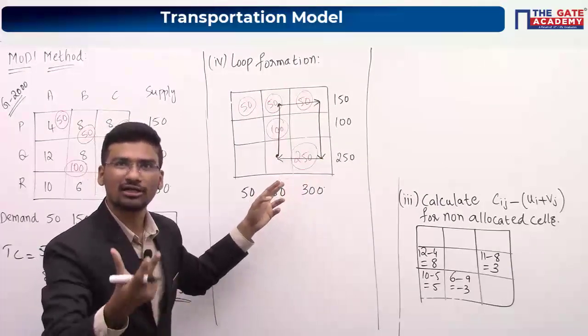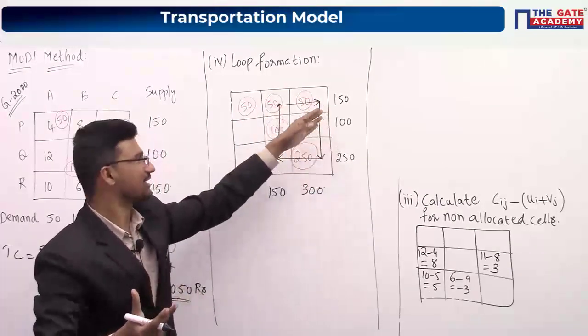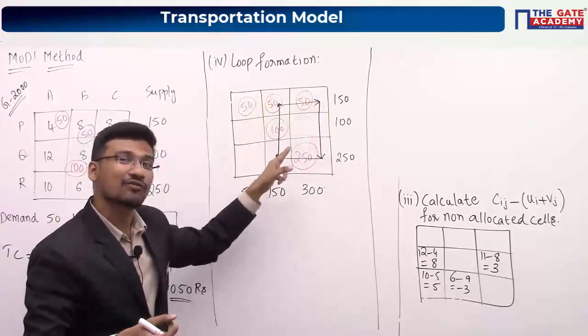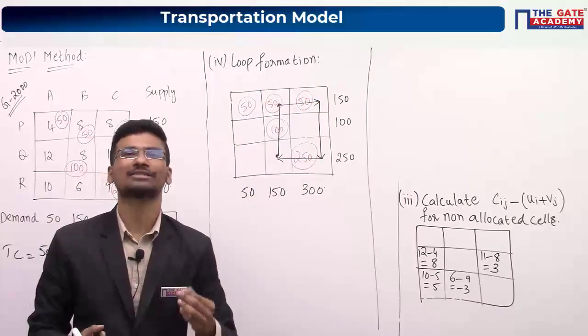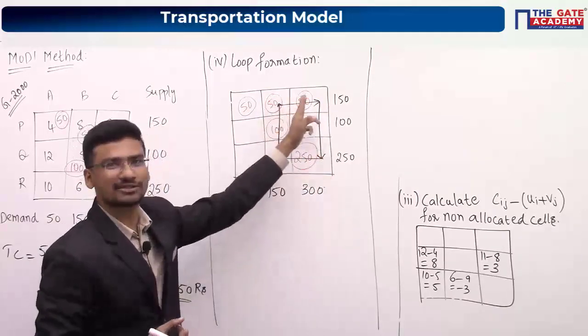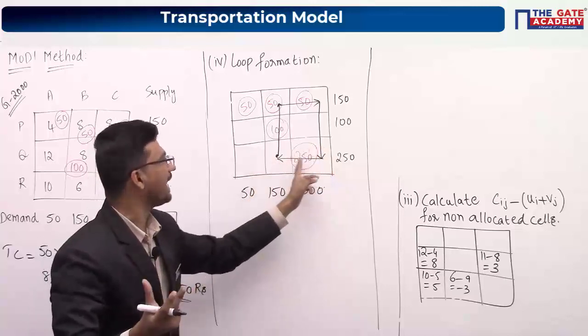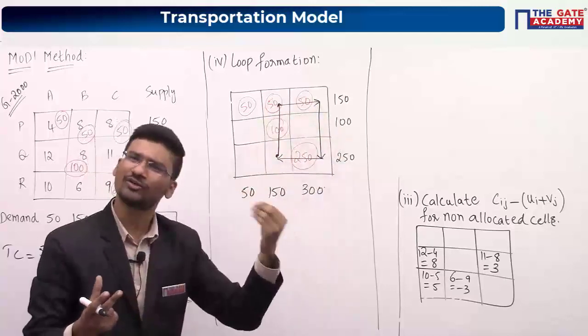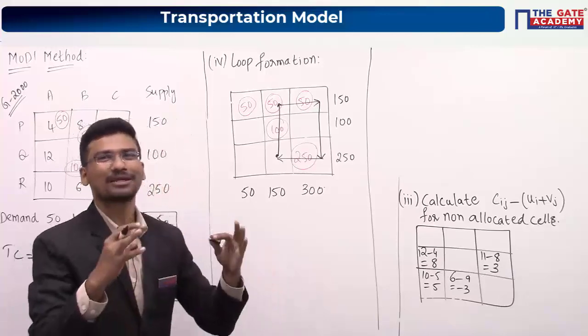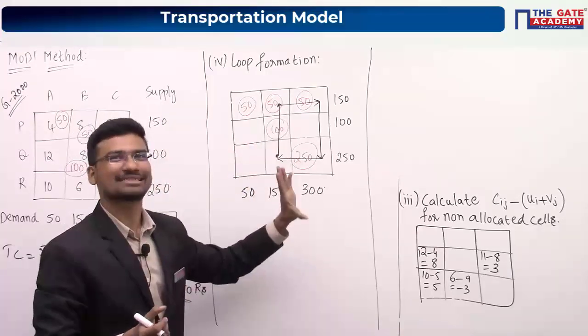So maybe you might have got a doubt: why can't I take an anti-clockwise loop? So can I take an anti-clockwise loop? Yes, you can take an anti-clockwise loop also. Okay. So here I have taken a clockwise loop, right? It is your wish, you can take an anti-clockwise loop, then also you will get the same final answer. Okay. So a little bit of complex procedure, but I made it as simple as possible.